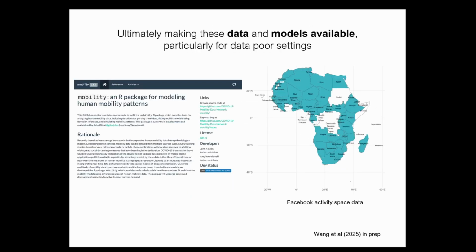The last project that I'm going to talk about is work done by Jasmine, and this is really looking at trying to make data and models available, particularly in data poor settings. So, you know, during the pandemic, we got lots of different data in the US, but there's still lots of places where data is not available. For example, in that systematic review, it was a single-digit number of papers that were about sub-Saharan Africa. And I do a lot of work in malaria, and so we're particularly interested in understanding how those patterns move or not, or differ or not.